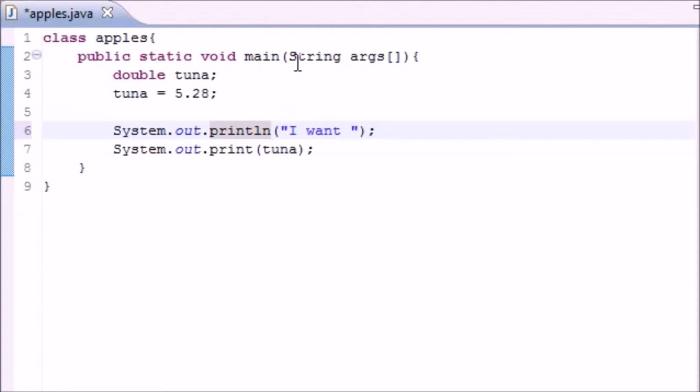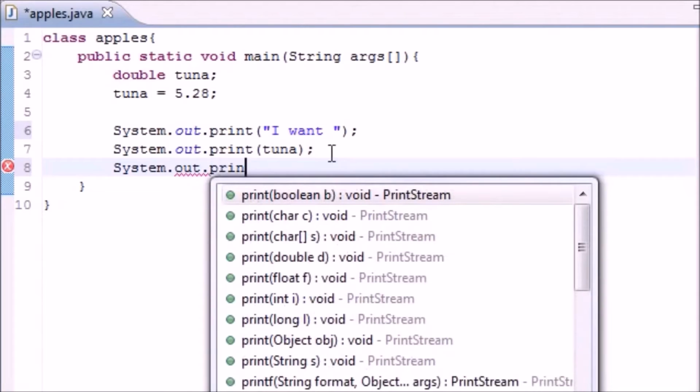Actually, this brings me to another point, which I will say right now. There's two different things, system out print and system out print line. So let me show you guys what those do right now. System.out.println